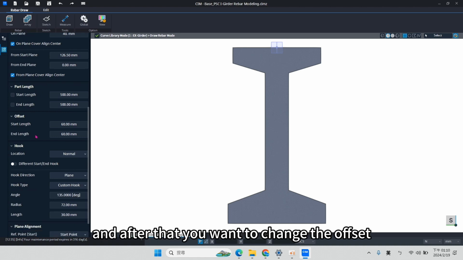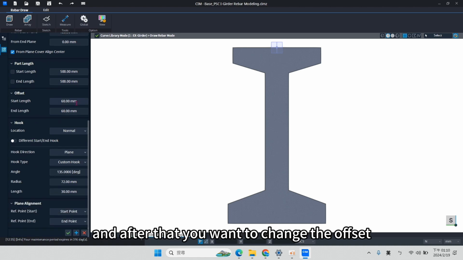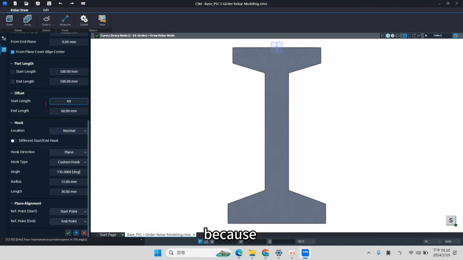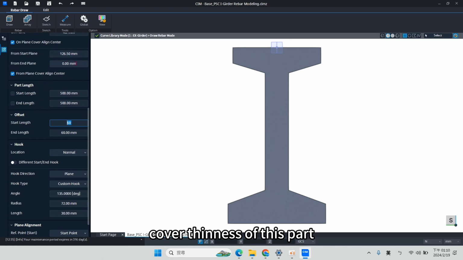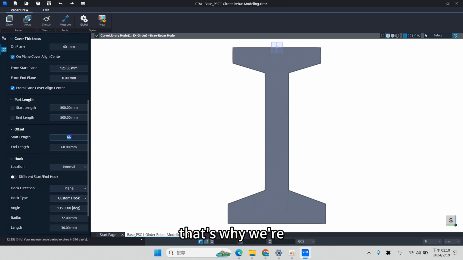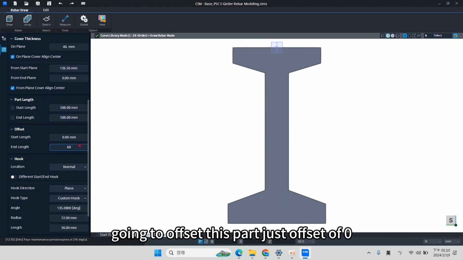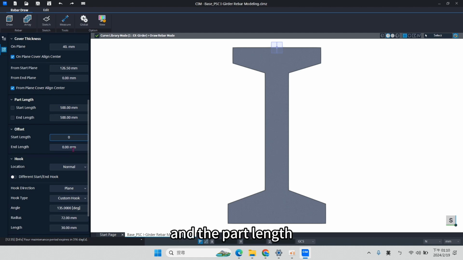After that, we want to change the offset, because we already have created the cover thickness of this part. That's why we don't need any offset in this part. Just offset of 0.